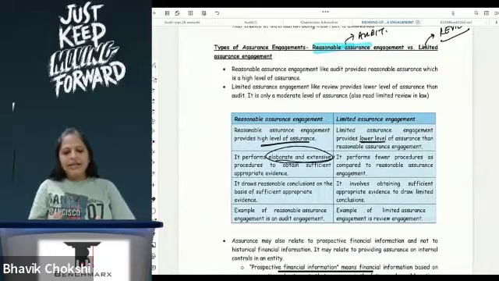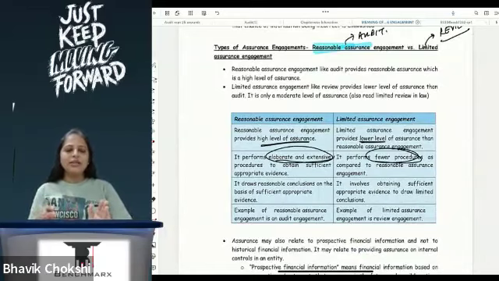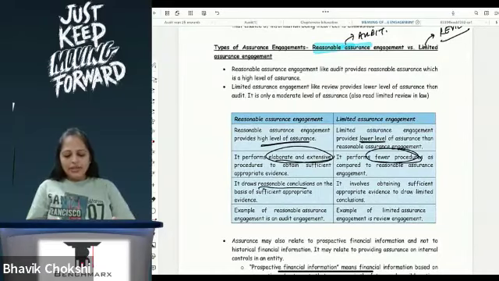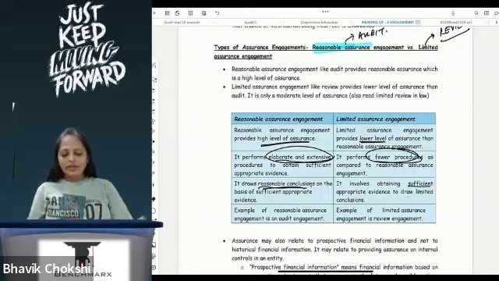It's elaborate and extensive. Here there are fewer procedures involved because the time is also less, and so is the data available. For an audit I will have the entire financial year for which I will go through all the data. Here I have it for a quarter, and based on that I will give the assurance. It draws reasonable conclusions on the basis of sufficient appropriate evidence. It involves obtaining sufficient appropriate evidence to draw limited conclusions, correct?